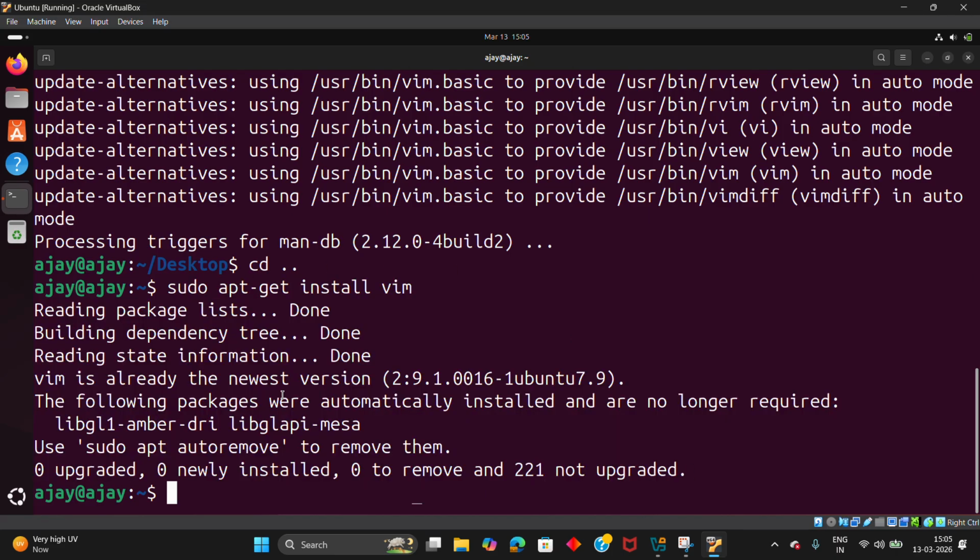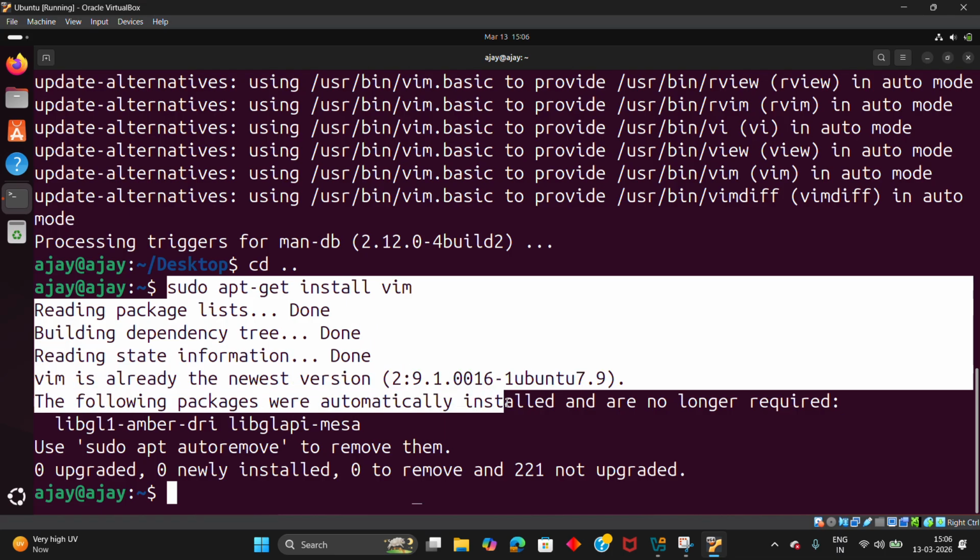Okay, it is already installed. No problem. Anyhow, wherever you install it, no problem. But it's better to install it in the terminal itself instead of installing it on the desktop. So I have run the command again, that is sudo apt-get install. Next what we need to do is